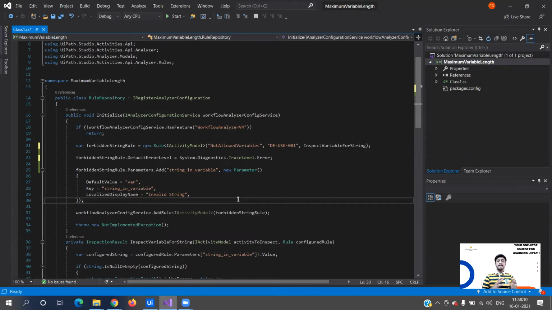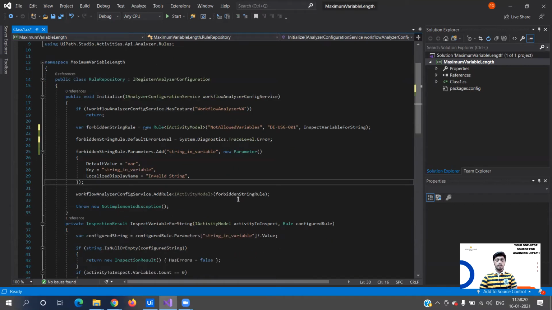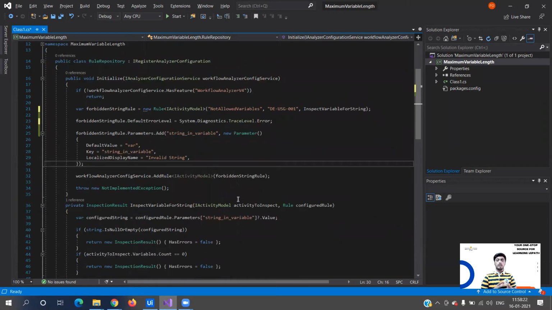Now here there are multiple things to be checked. First of all, whether this string exists or not. It can be in one activity or it can be in many activities. Now what if there is no activity itself, or the string that we are having is null or empty, right? Then we need not show this error. The other thing that we need to do is check whether there are variables in the existing project or not. If there are no variables, then the rule should not throw any error. So therefore, the rule's has errors should be false.